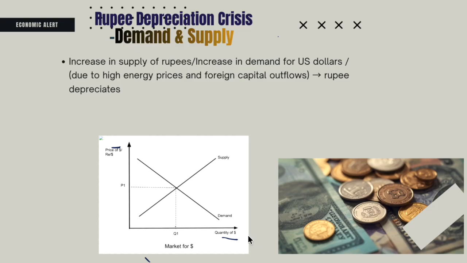You can see that the demand for dollars is a negatively sloping curve, showing that the relationship between the price of the dollar and the demand for the dollar is negative, which means that if the price of the dollar increases, or if the exchange rate of rupee per dollar increases from, let's say, 80 rupees per dollar to 90 rupees per dollar,